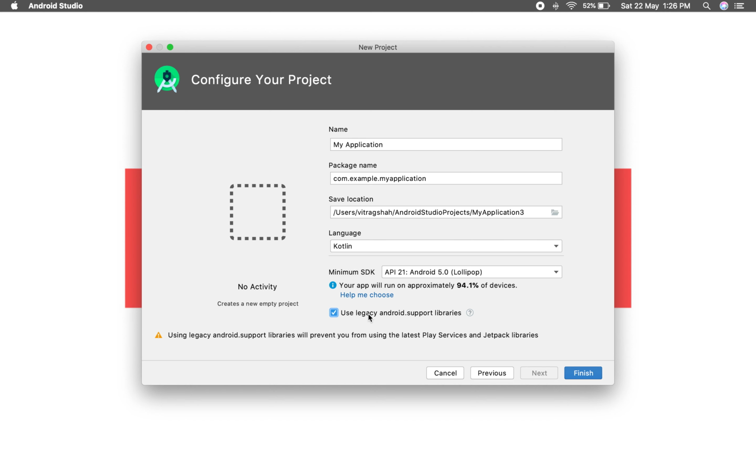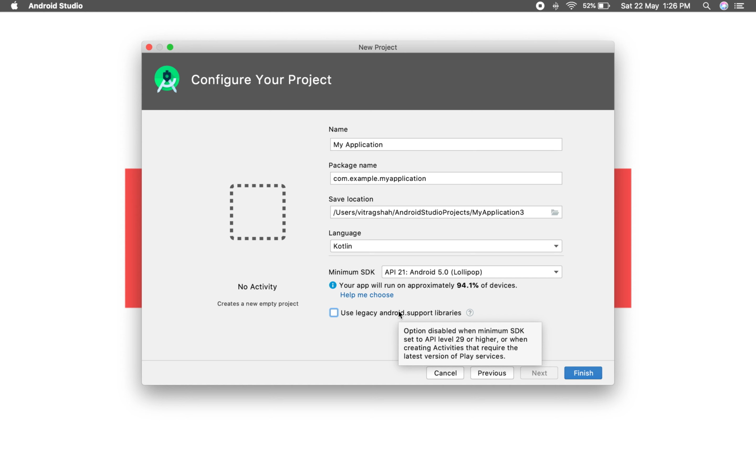You can optionally select this other option, but it's not necessary. It lets you use the latest Play services and Jetpack libraries, which are the upcoming new things in Android development. So we can keep it unchecked for now and then click on the finish button.